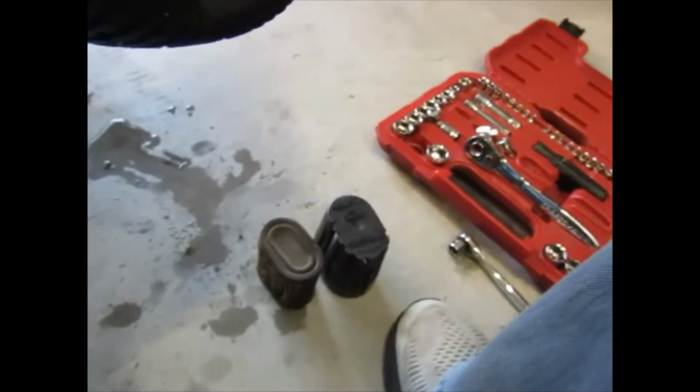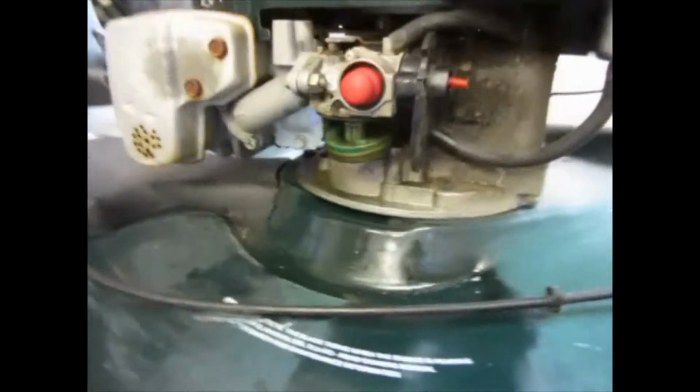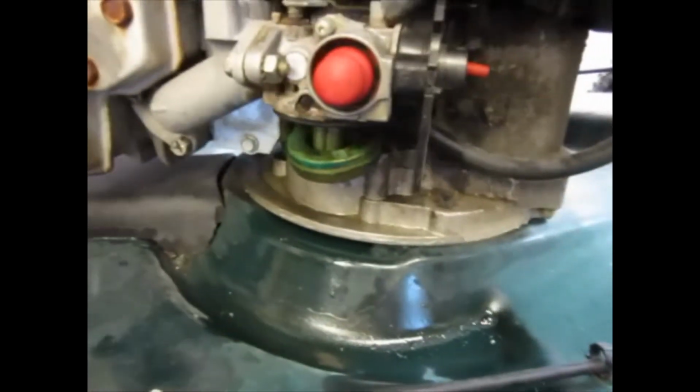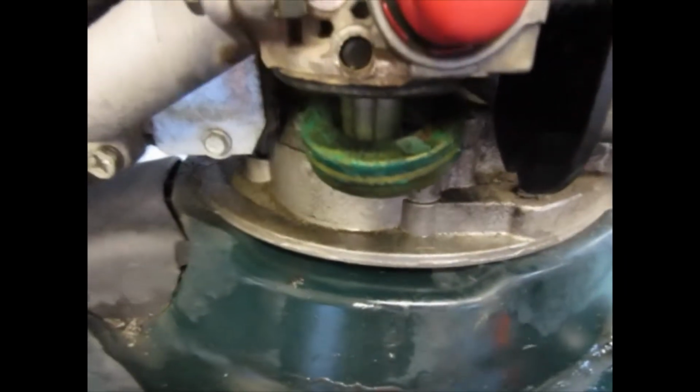Alright, so that's not bad enough. Thought, well, air filter doesn't look too good. Let's go ahead and pull the bowl off the carburetor. And as soon as I started pulling that thing, you could smell it. The gas had turned to, I guess it's varnish, but that float bowl,